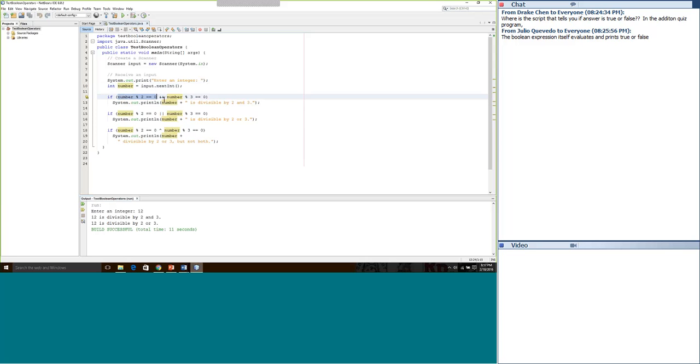It's going to be ANDed with another Boolean expression. The left half is true. What about the right half? 12 modulus 3 equal to 0. Yes, 12 modulus 3 is equal to 0. So we have a true on the left-hand side and a true on the right-hand side. A true ANDed with a true is an overall true. Therefore, the program will execute the next sequential instruction.